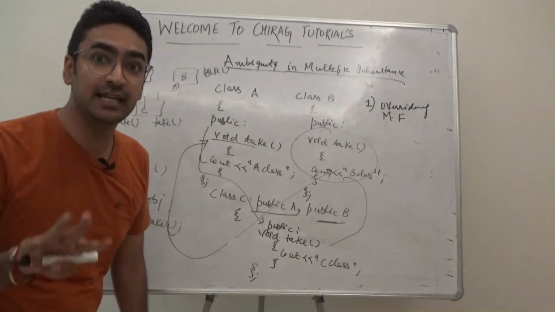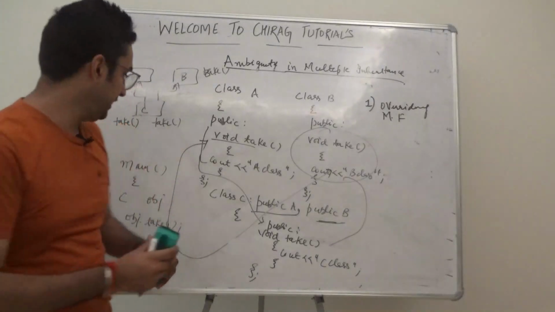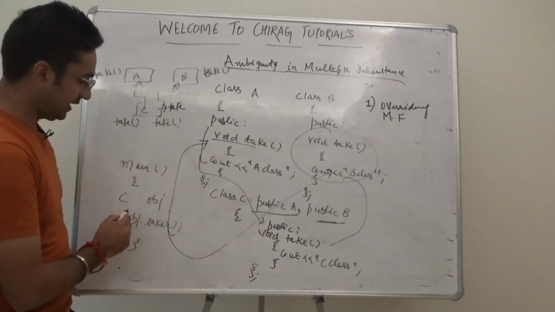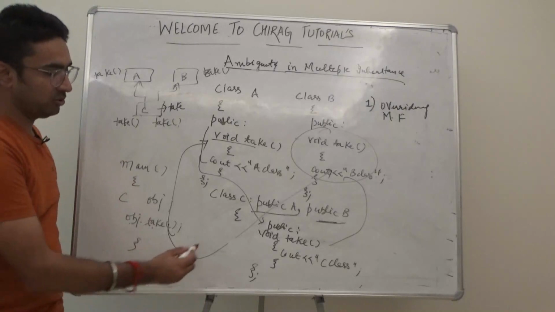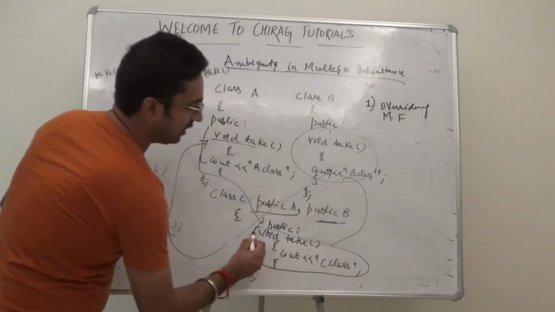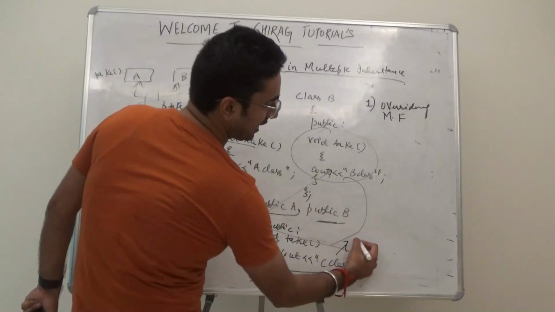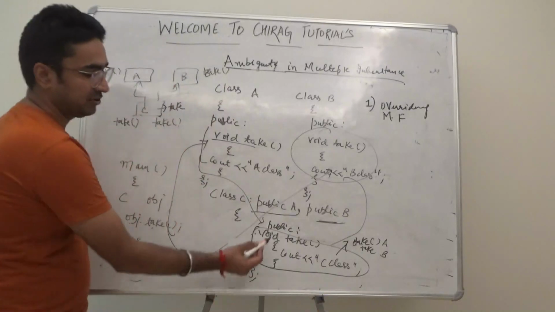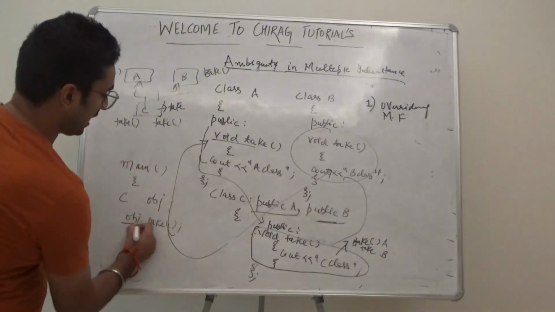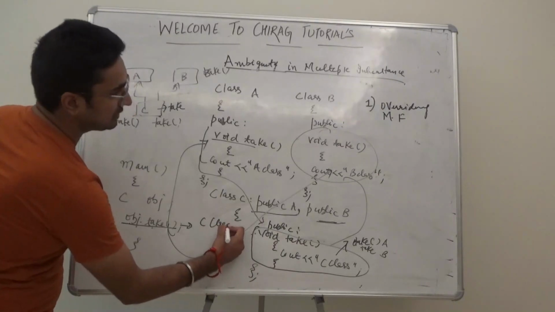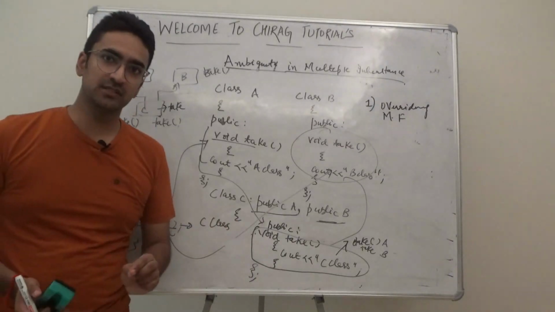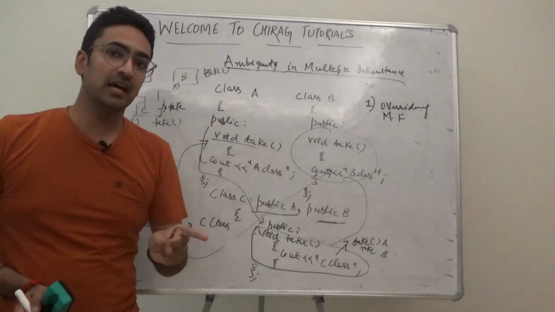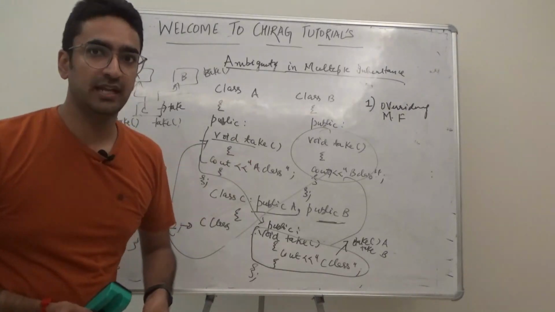Now C has 3 takes, its own take also, and 2 takes which are inherited, and I'm writing obj.take. So this take function will override the other 2 inherited takes that we have inherited from class A and class B. So this take function will get called, and the answer of this is C class. This is known as overriding member functions, where the member functions take from class A and class B are overridden by the class C take function.